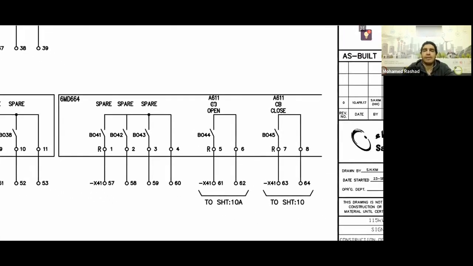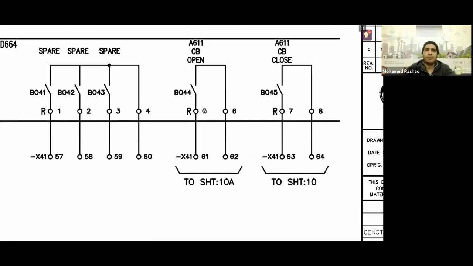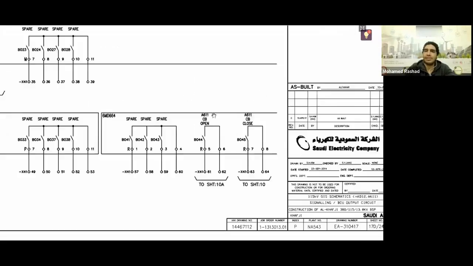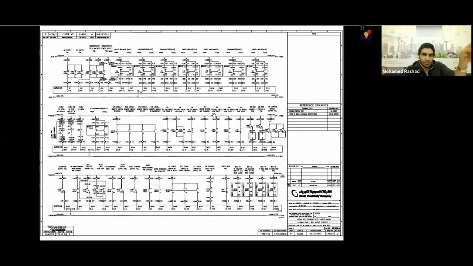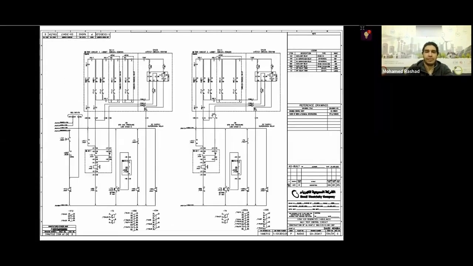Then you go to the back of the BCU itself, the back of the relay itself, and go to the pinout 44, which has terminals. You'll find a card with the letter R, go to number 5 with terminals 5 and 6, and make a bridge between them to open the circuit breaker. If you want to ensure that all your wiring is correct from the BCU to the circuit breaker itself,